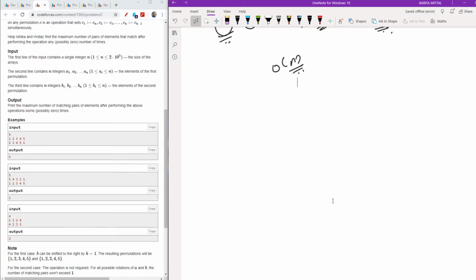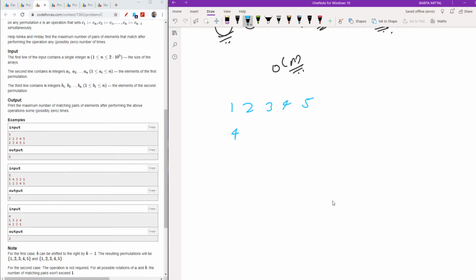First of all, it is said that it's a circular array. Shifting happens, which means that you can rotate the array. If it is 1 2 3 4 5, you can write it as 4 5 1 2 3, which means that it is cyclic. And whenever the term cyclic comes in the picture, you should always remember that you can repeat the array one time. If it is 1 3 2 4, and it is cyclic, I can write 1 3 2 4 again, because it represents the cyclic manner. So one thing which comes to my mind is that I will write it in a cyclic manner.